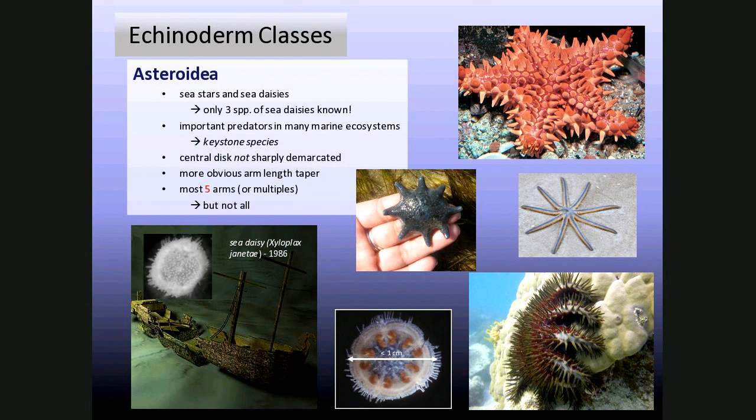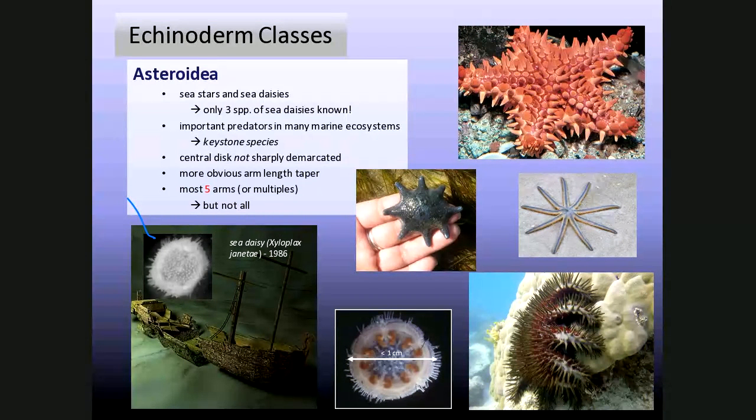Sea stars, sea daisies. There's only 3 species of sea daisies that are known on Earth. This is one, Xyloplax janetae, discovered in 1986, living on the decaying part of old wooden ships in the bottom of the ocean. That's the only place they find it. It always makes you wonder what these things did before they were wooden ships. Now, I'm sure they existed, right? They existed because trees fall over into the ocean and they could live off of that. But my guess is when we started producing and sinking wooden ships, sea daisies may have found a boom in terms of the resources in their environment.